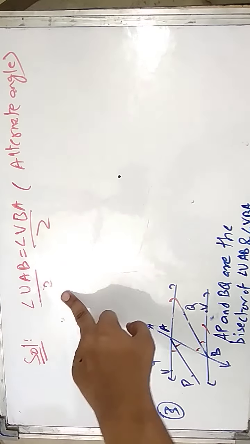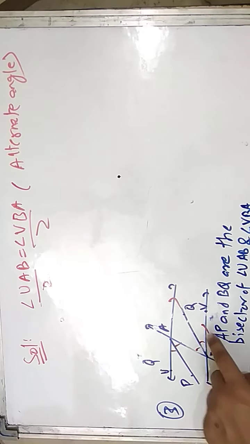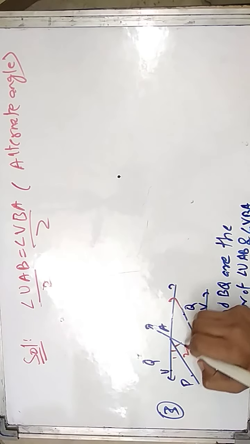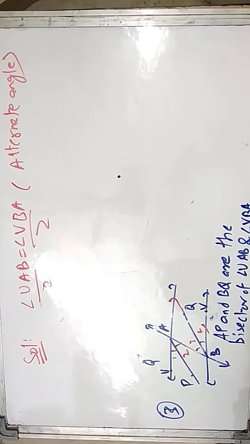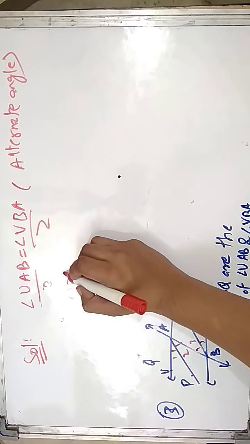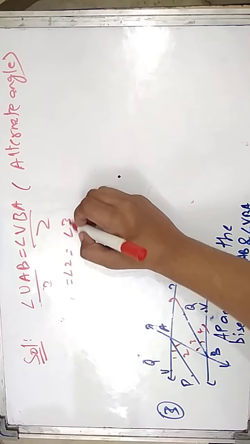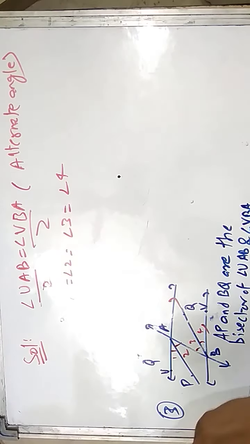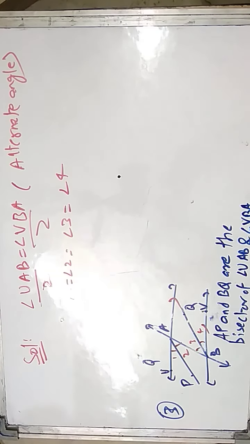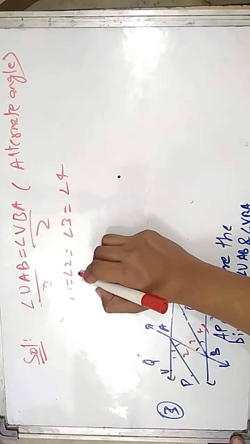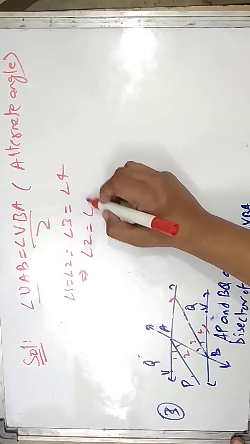जब हाफ करेंगे तो हाफ इन दोनों के इक्वल होगा, इन दोनों के इक्वल होगा. So it is angle 1, 2, 3 and 4. Okay, so that is angle 1 equal to angle 2, and angle 3 is equal to angle 4. And class, we have to prove that. Actually जो इसमें प्रूविंग प्रॉब्लम है, यहाँ पर आपको प्रूफ करना है AP is parallel to BQ. तो हम यहाँ पर लेंगे implying that angle 2 is equal to angle 3.